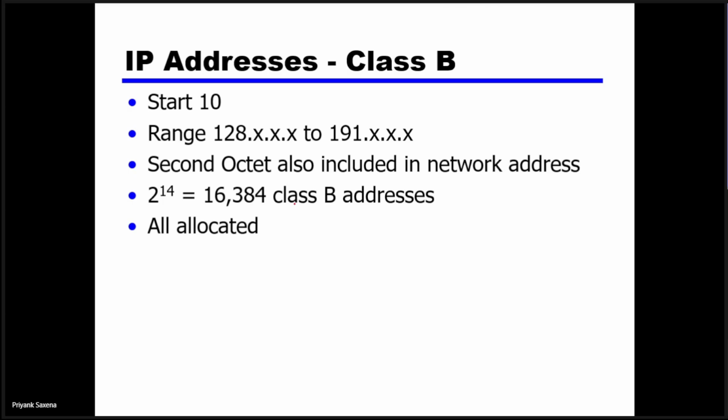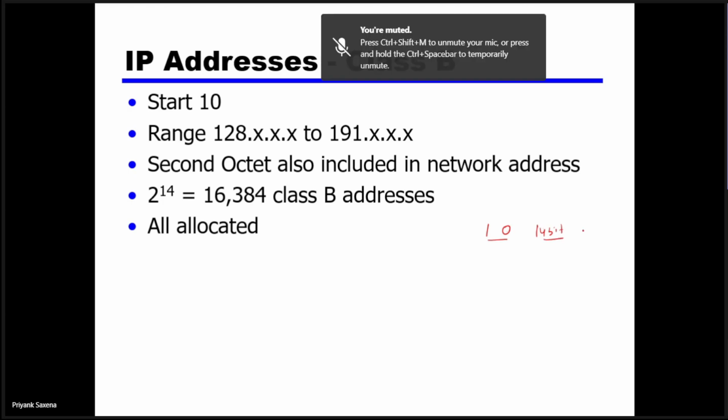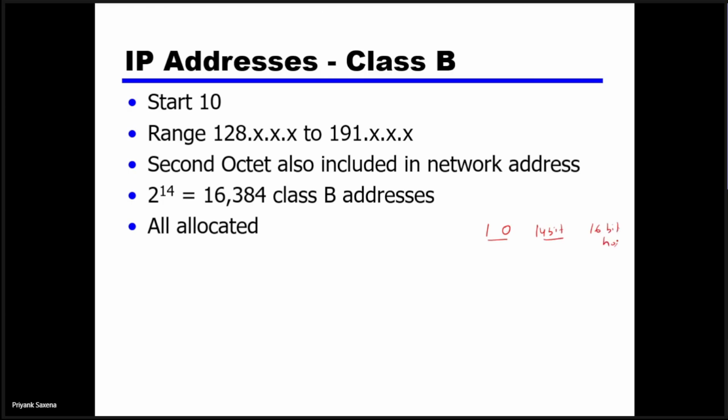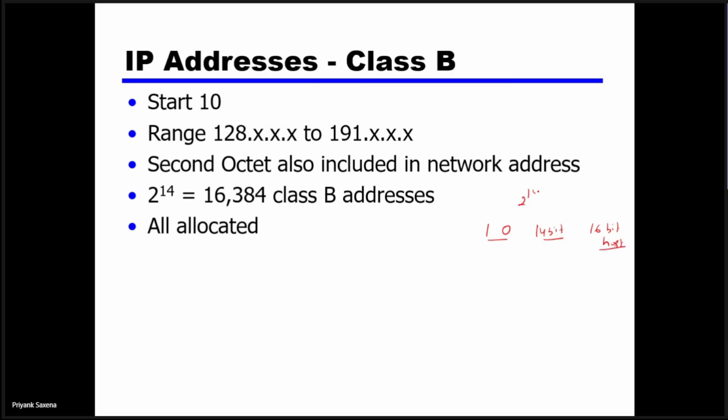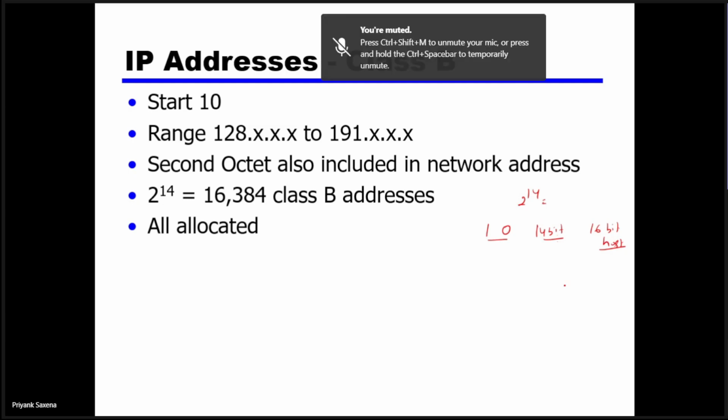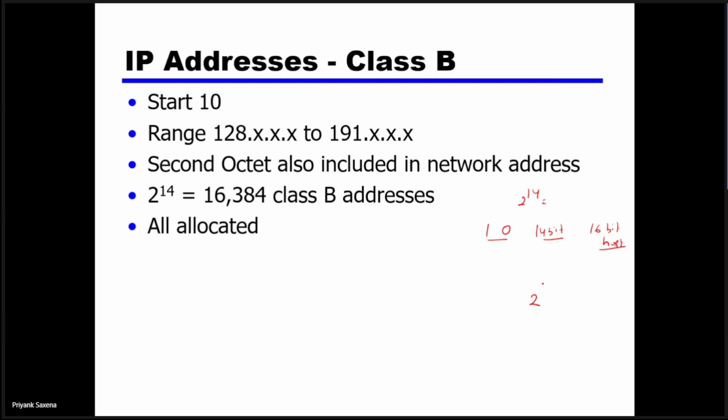If I talk about class B, you can see that the first bit and the second bit are reserved as 10. Class B addresses start with 10. There is a 14-bit network address, right? And there is a 16-bit host address, right? So 2 to the power 14 networks are possible, that many class B networks are possible. Each network will have 2 to the power 16 hosts, right? How many hosts will one network have? 2 to the power